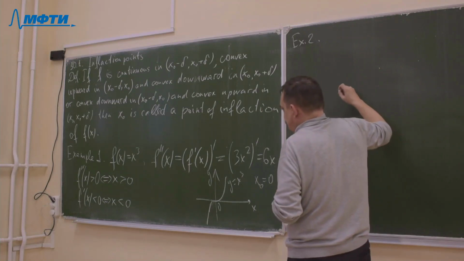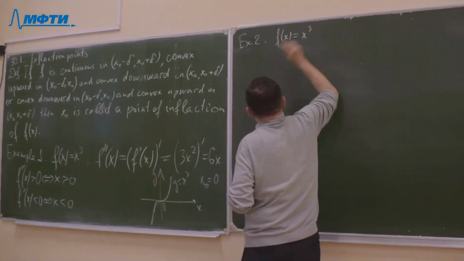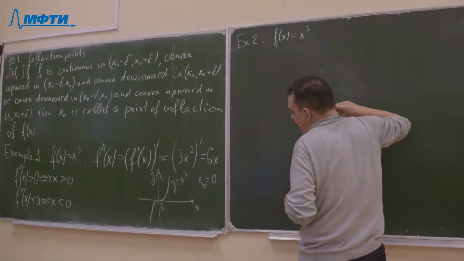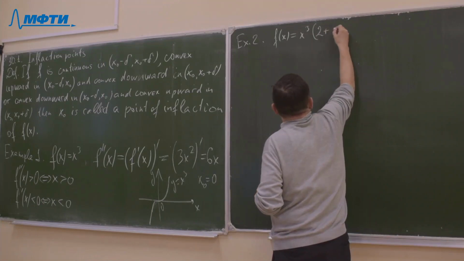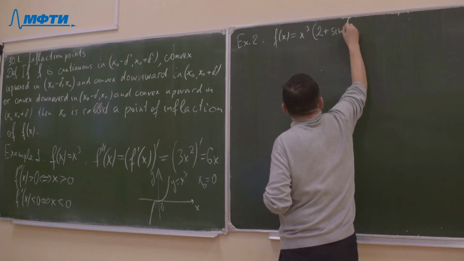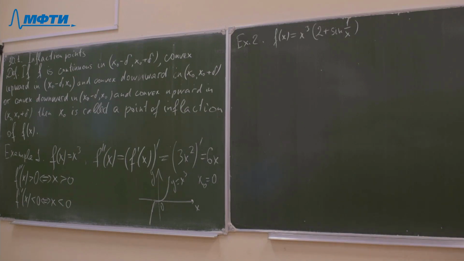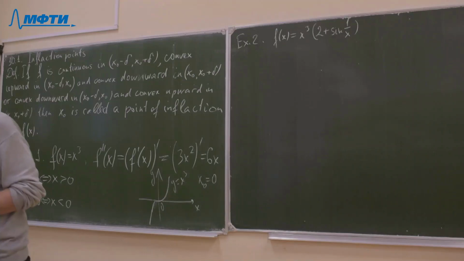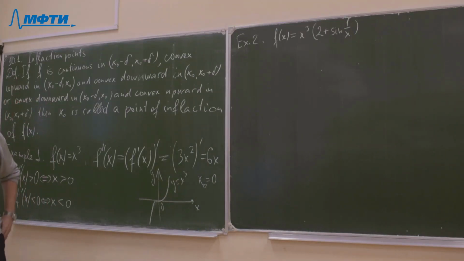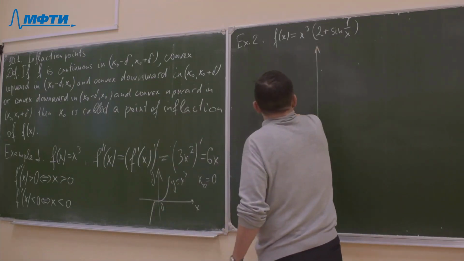Let's say f of x equals x cubed times (2 plus sine 1 over x). I don't want to compute the second derivative. It is a rather huge expression. Why? Because we can understand what happens